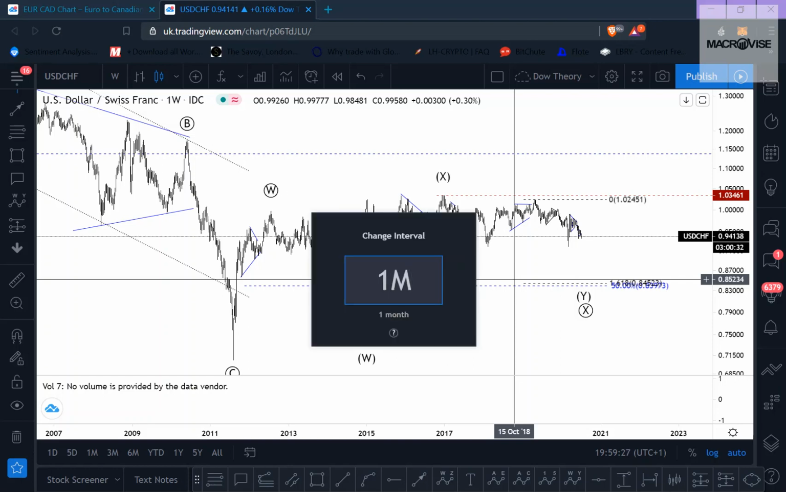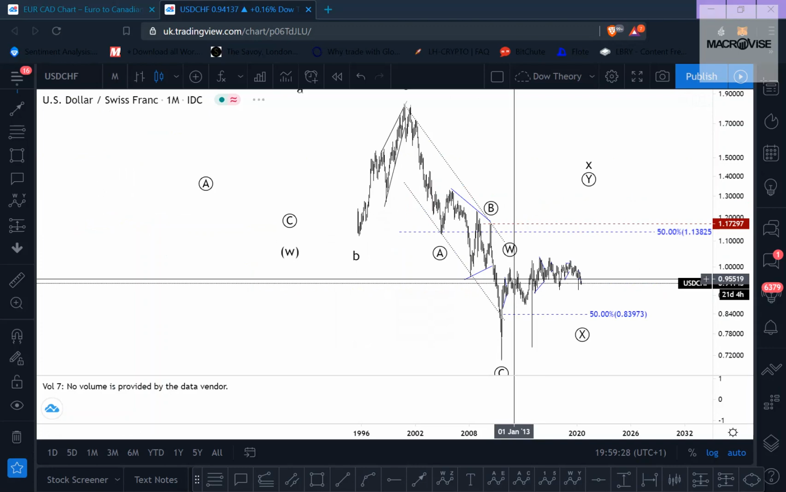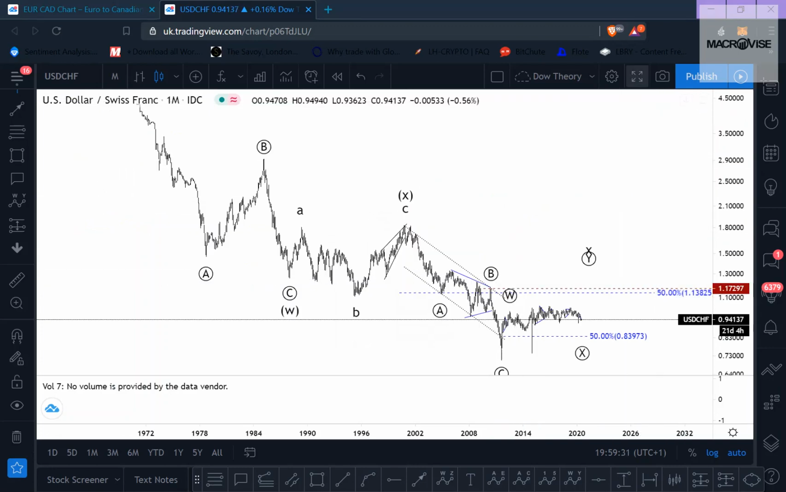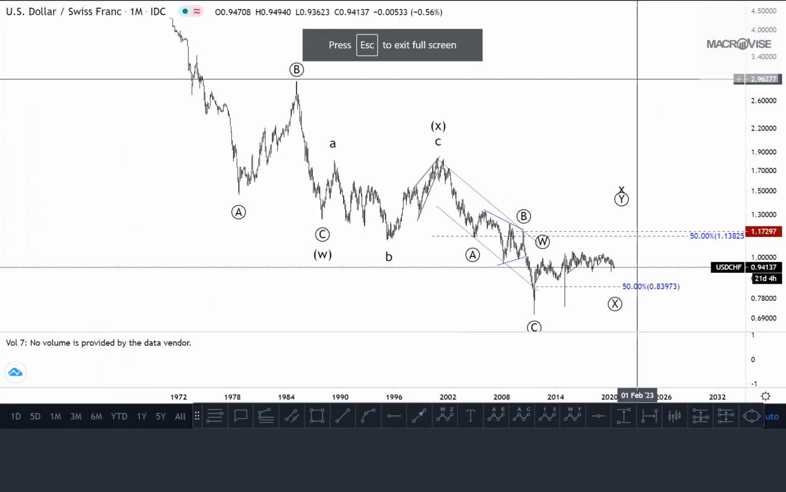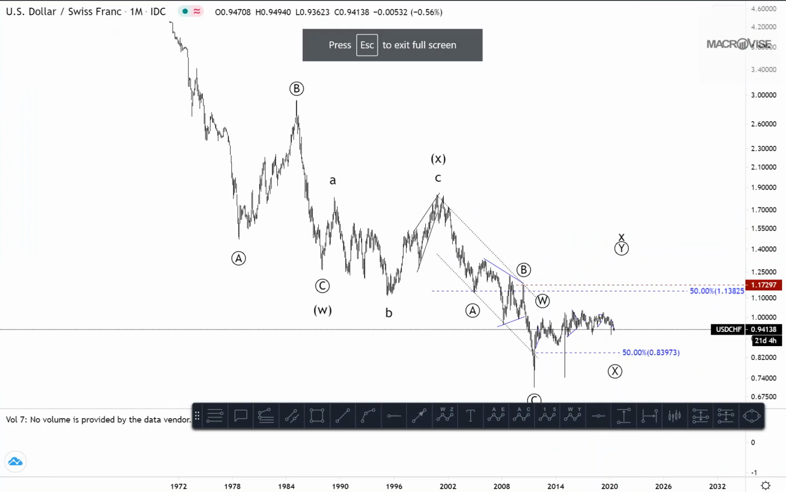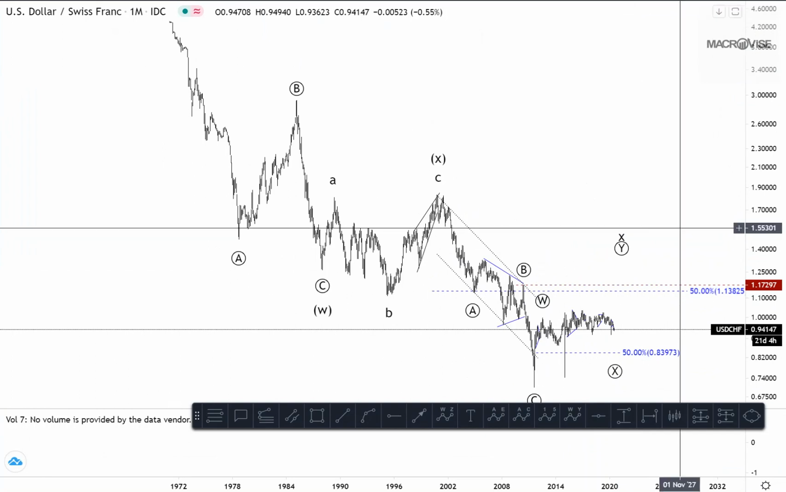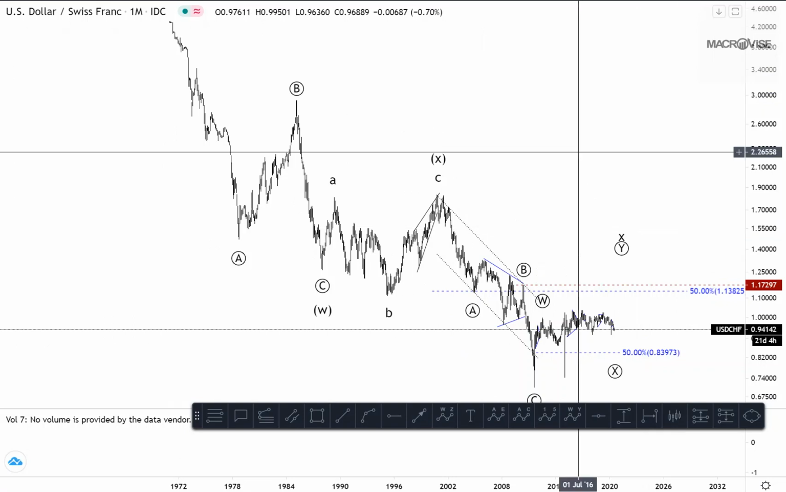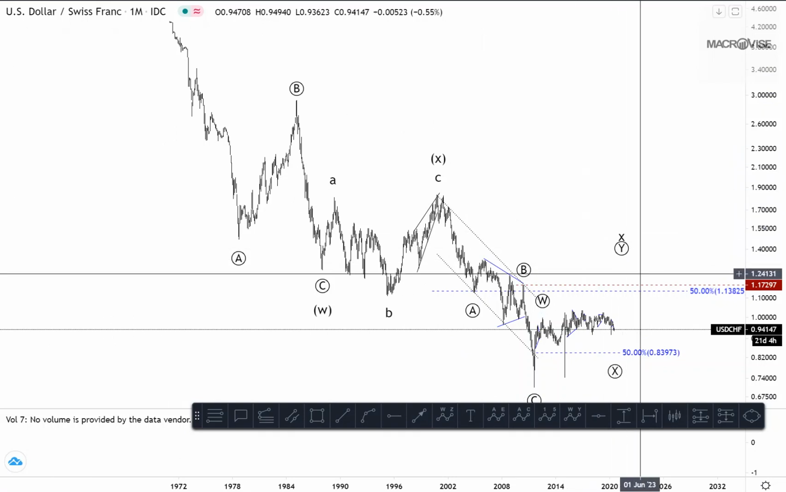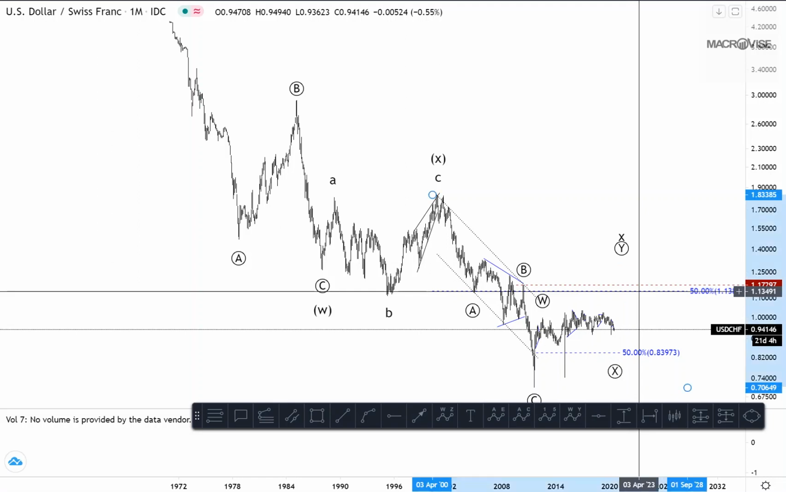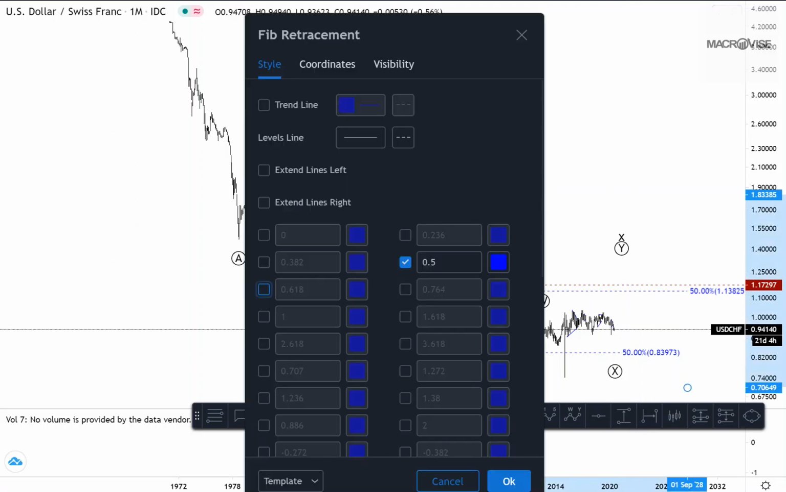Before we go into the schematic of things, what I want to do is show you my longer term perspective of USD Swiss franc. So I'm going to take this off auto, and I'm going to put the 618 back because this is still my primary area of interest, right? So